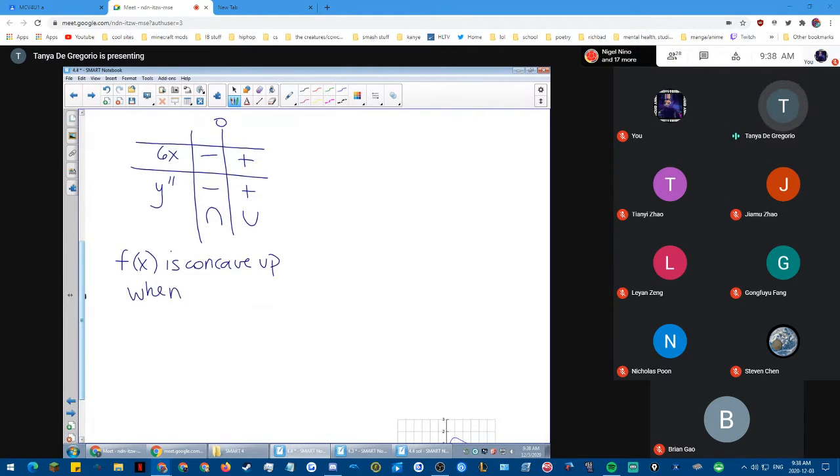So f of x is concave up when x is greater than 0 and f of x is concave down